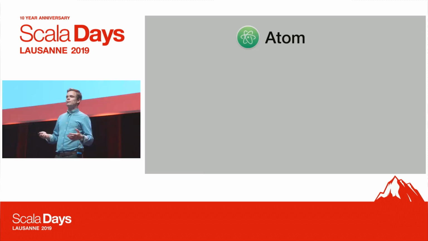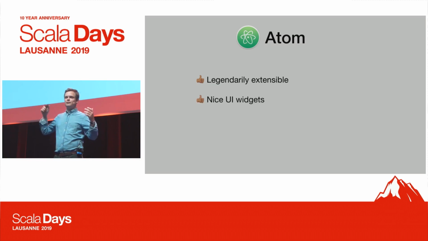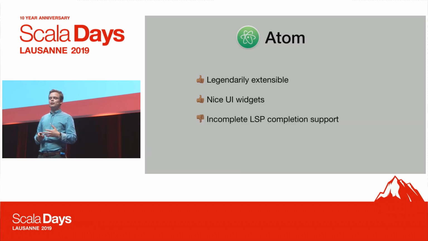And lastly, Atom. It seems to be legendarily extensible. It has really nice UI widgets, the same that VS Code has. But the LSP support does not handle some of the more advanced refactorings that we do in completions. I'm not aware of any current PRs fixing these issues. So like auto imports, the imports just don't appear, which is really a bad out-of-the-box experience. So I would not recommend this if you're showing it to beginners and saying just install Metals and use Atom. Some stuff doesn't work, and there's no way for us to work around that.